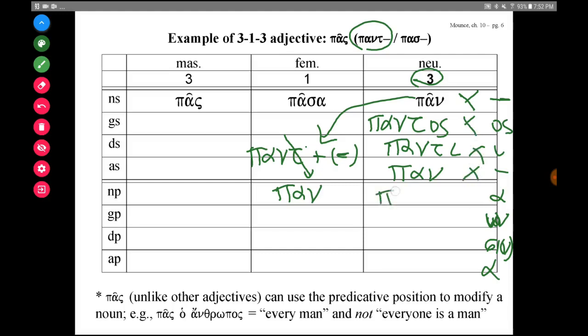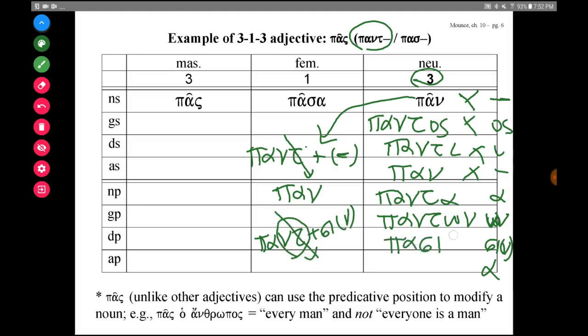And then we have pant plus alpha, panta, panton. And this is something we've seen already. Add to pant si or sin, the nu tau drops, and it becomes pasi or sin. And then the accusative plural is like the nominative plural, it is panta. So let's say these forms right here one more time. Pan, pantos, panti, pan, panta, panton, pasin, panta.